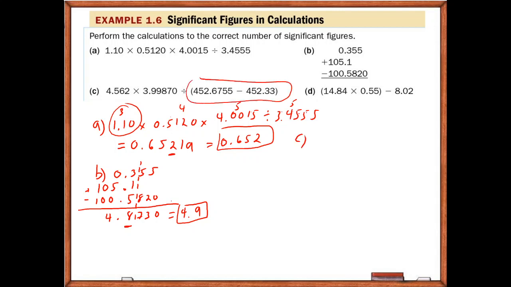I have some subtraction here. I'm going to go ahead and just do that real quick. So we end up with 4.562 times 3.99870. And then this number at the end here is going to end up being